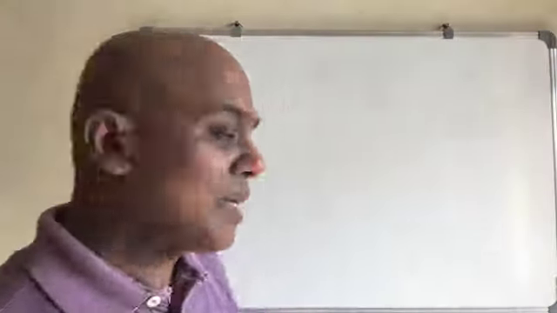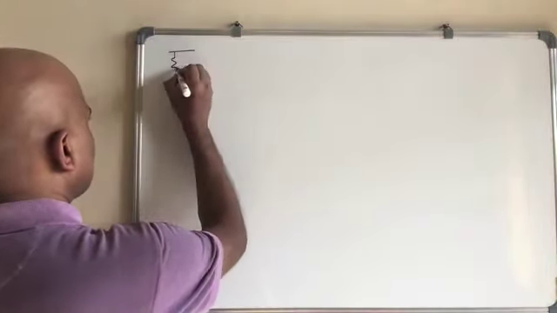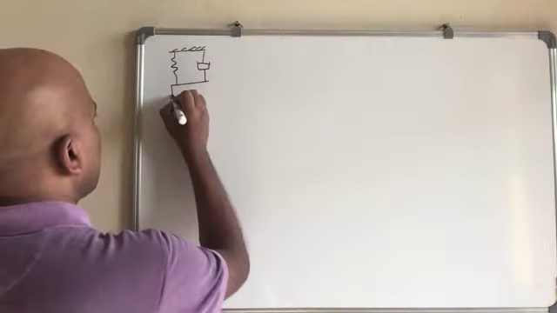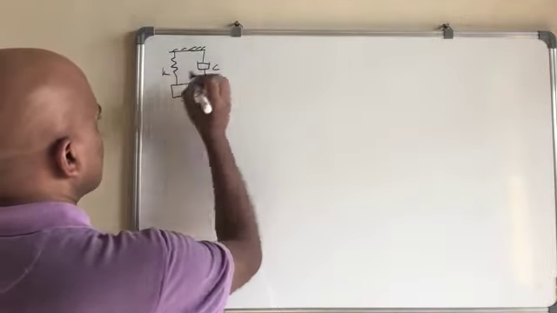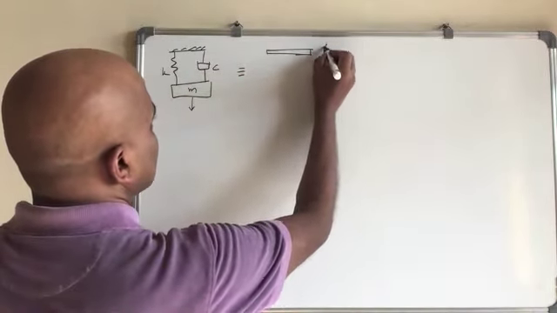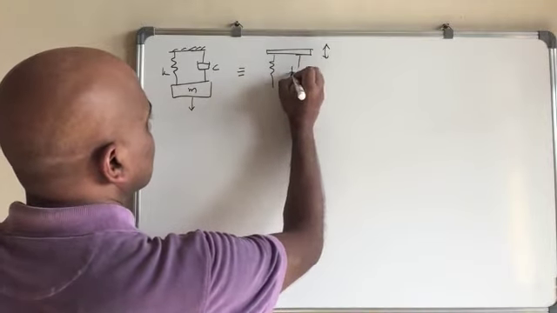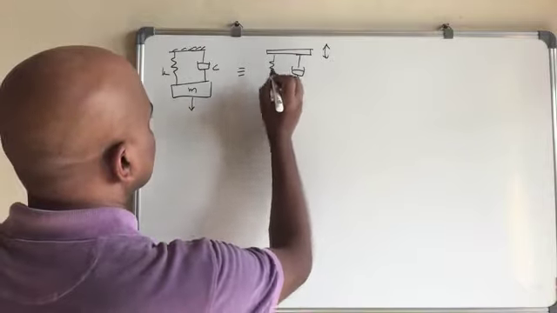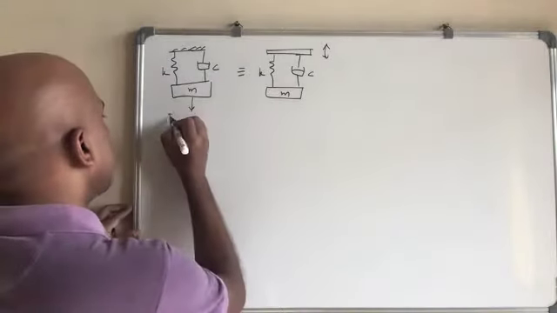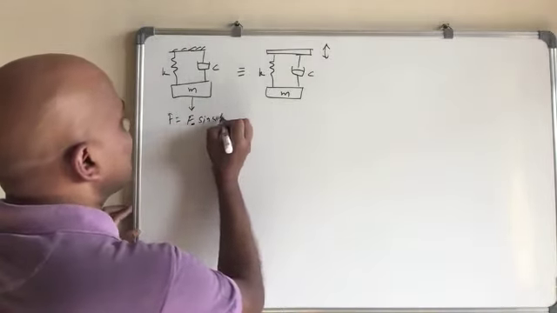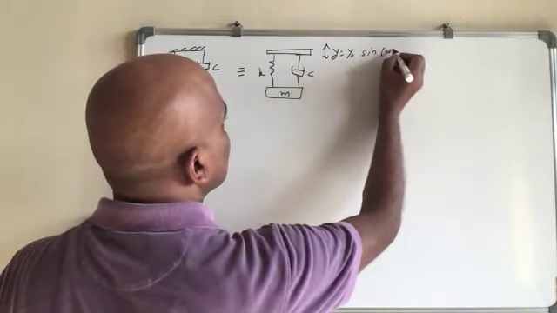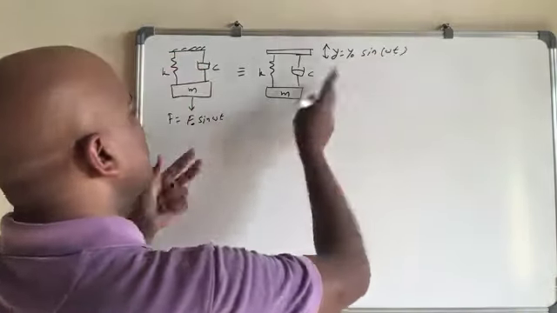Now, if these two systems are the same, with a spring, damper, and this mass system that is equivalent when it goes up and down, with m, in one case we have F equal to F naught sine omega t, and here we have y equal to y naught sine omega t.